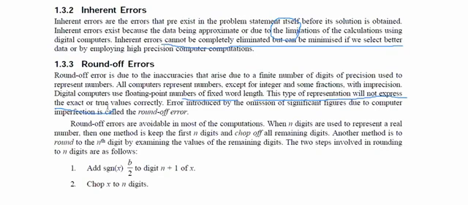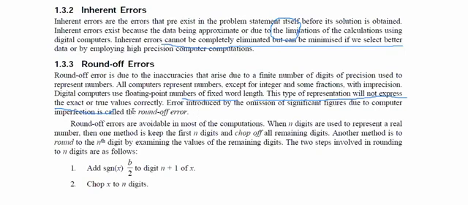Digital computers use floating point numbers, meaning real numbers or fractional numbers, of fixed word length, and we have a limitation of characters. Because of the limitation of characters, the length of all floating point numbers is not accommodated, and therefore this takes place. Error introduced by the omission of significant figures due to computer imperfection is called round off.